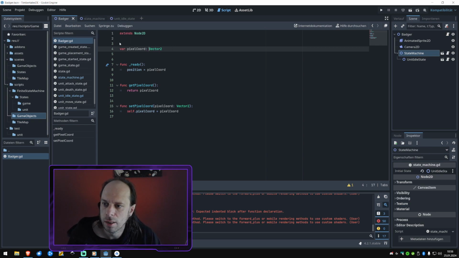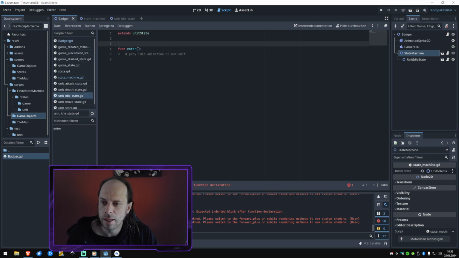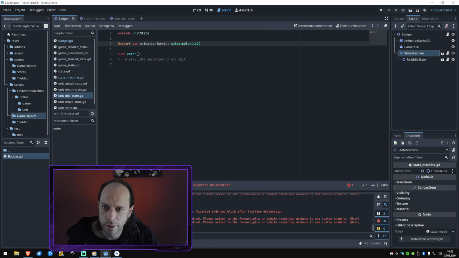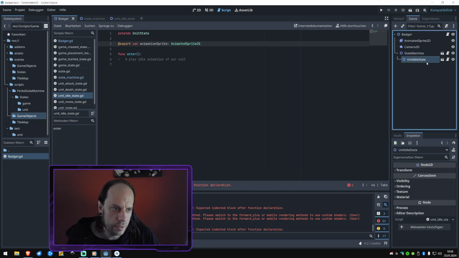So let us go into the unit idle state. And what we need there is to export a variable animation sprite, which is the animated sprite 2D. Yeah, we need to export it here, and then we can say in the idle state